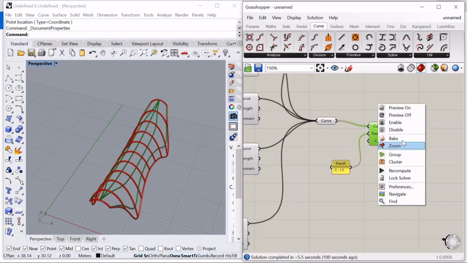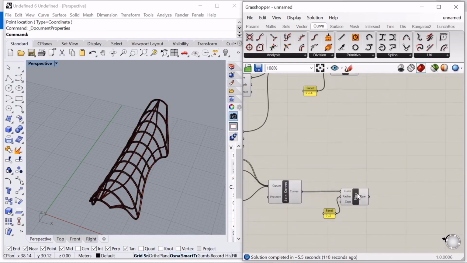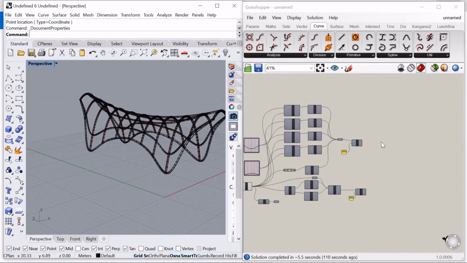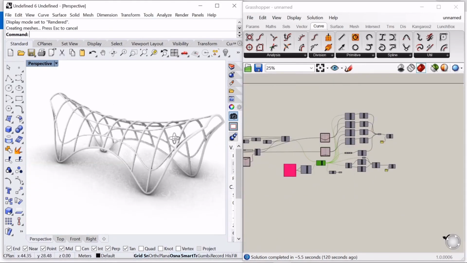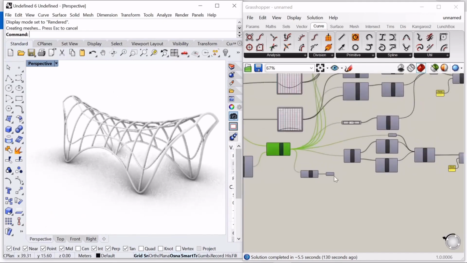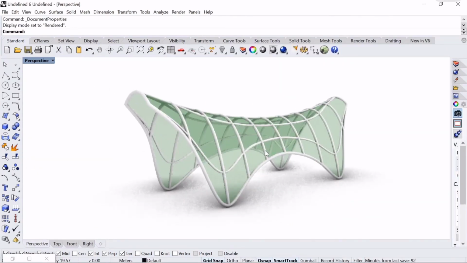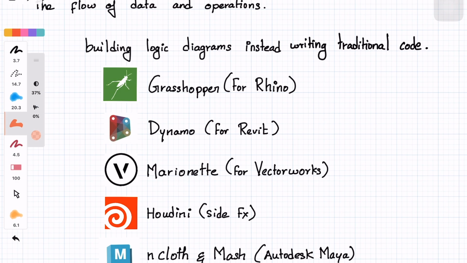Users connect them with lines to define the flow of the data and operations. So here we are building logic diagrams instead of writing traditional code. Examples: Grasshopper for Rhino, Dynamo for Revit, Marionette for Vectorworks, Houdini for SideFX, nCloth and Mesh for Autodesk Maya.